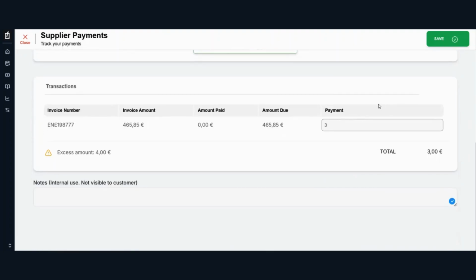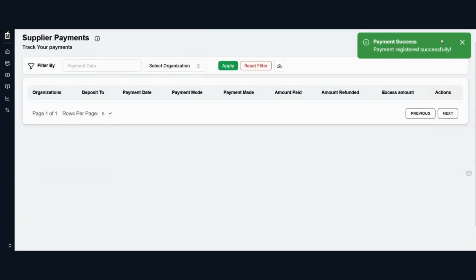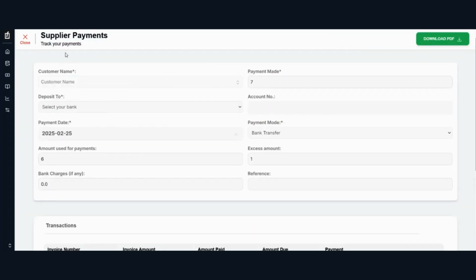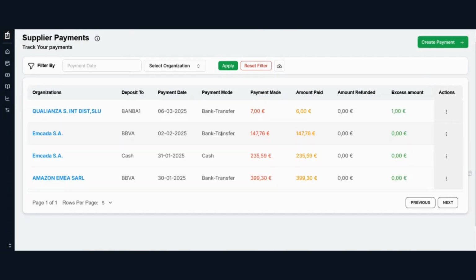So you can increase the amount and now save it. For this particular organization, we did not create any invoice before, which was paid or unpaid. It was new.